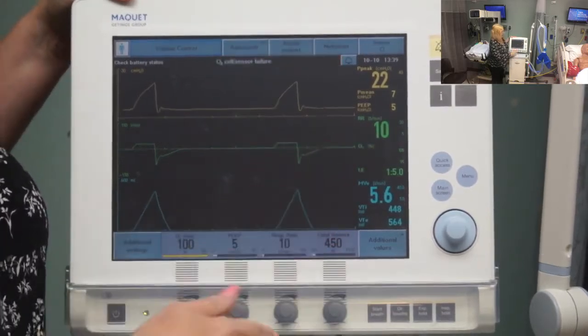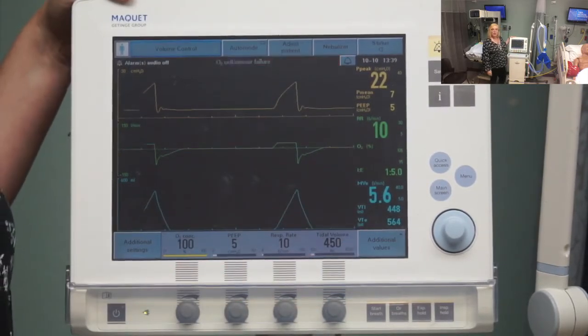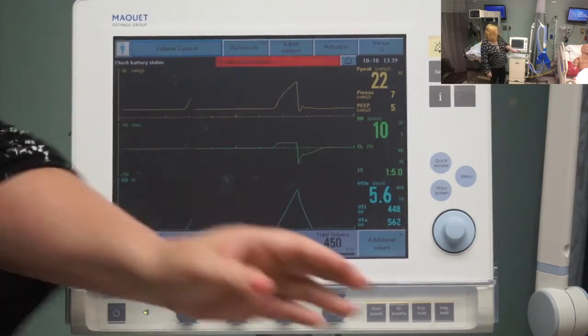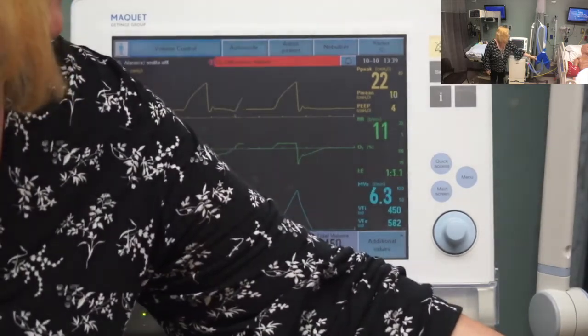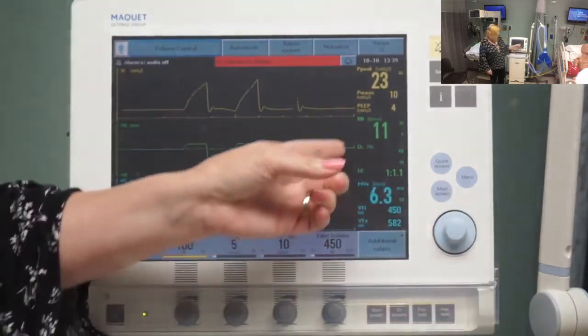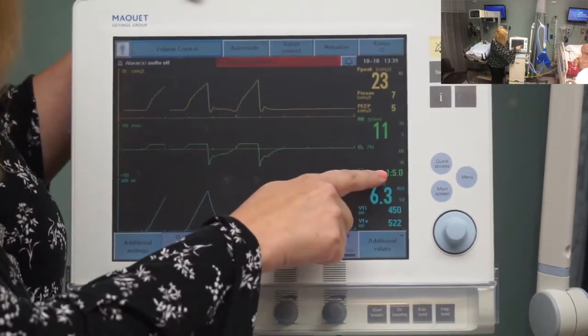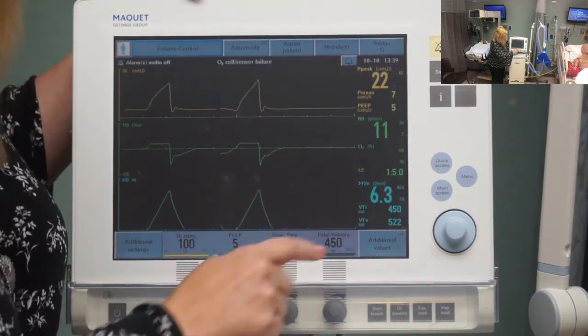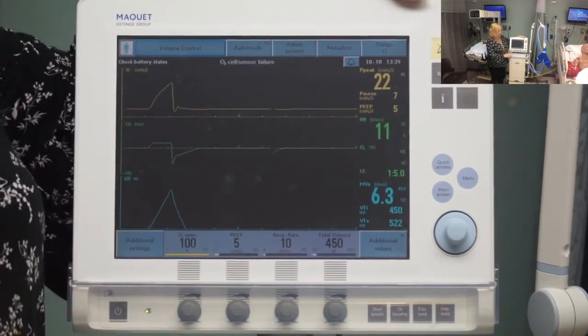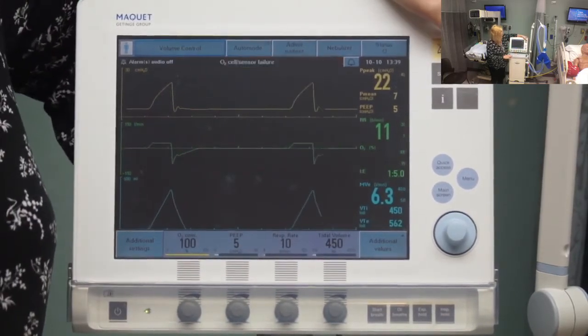Respiratory rate, actual respiratory rate. My plastic lung, Shock and Awe, is not breathing spontaneously. If the patient were breathing spontaneously, that would go up. And then down here we have our actual I:E ratio and our minute volume. So once the patient's been breathing for a little while, we put this on the patient, then we can go